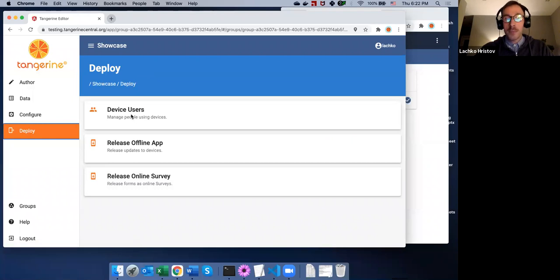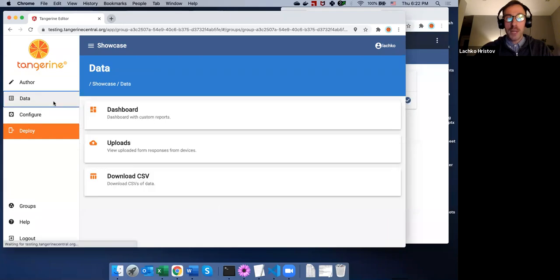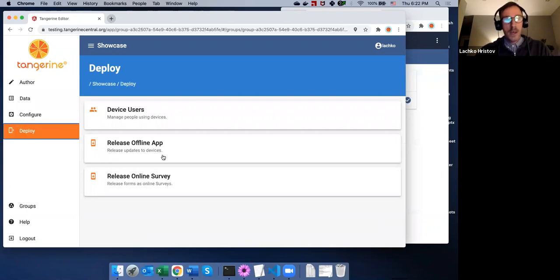If you want to export this data, all the user profiles can be downloaded from Data, Download CSV, and clicking the user profile download button beside the title. Under Deploy, we go to the offline app, which is something you have already seen, and we have a